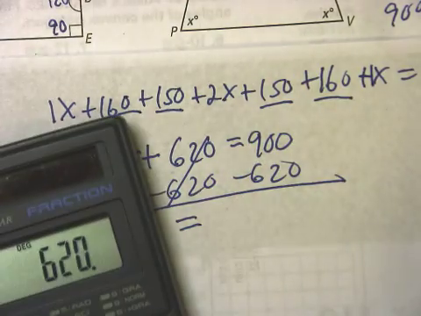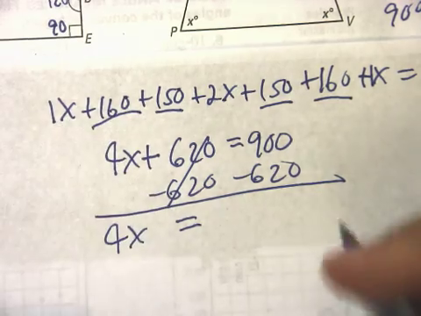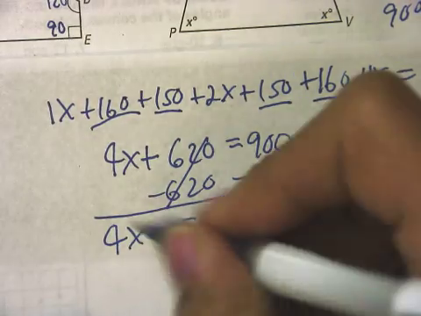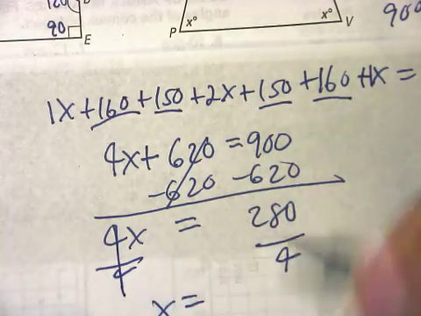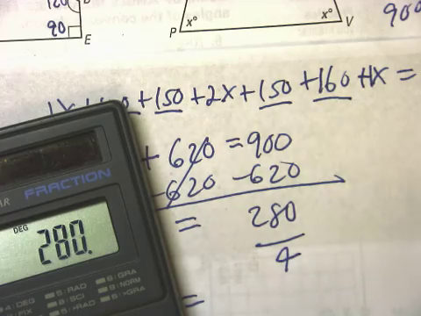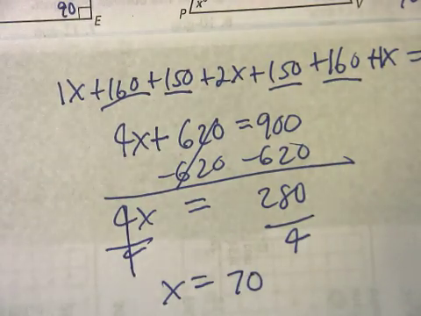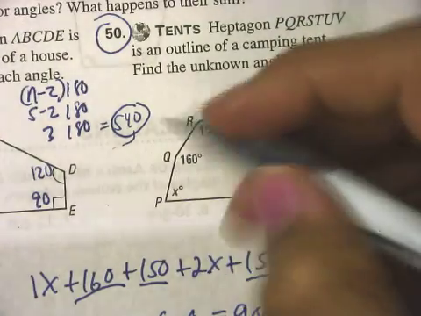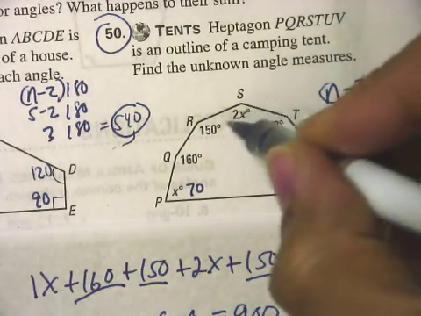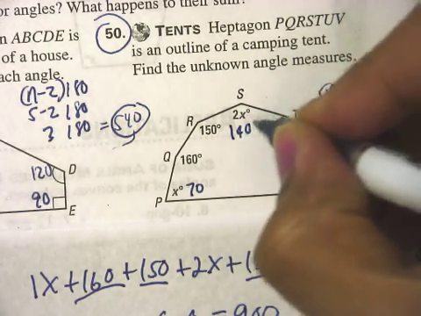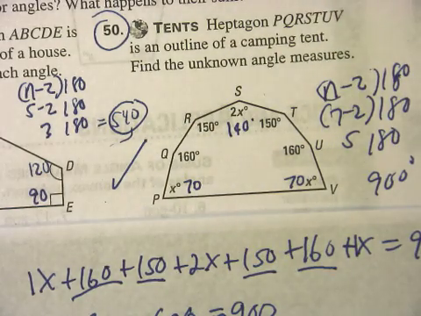And I guess we can see here how this just becomes a simple algebraic equation from here. 900 minus 620 is 280, divided by 4, and x is equal to 280 divided by 4, which is 70. So I know that x is 70. So then I know that this angle here is 70 degrees. This angle here is